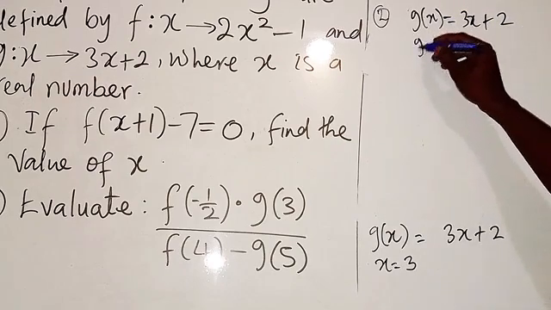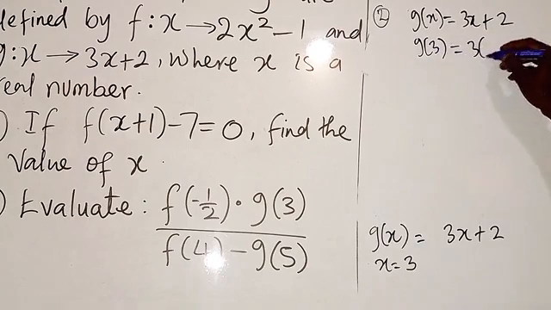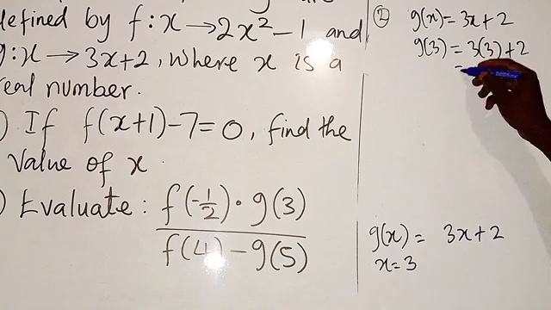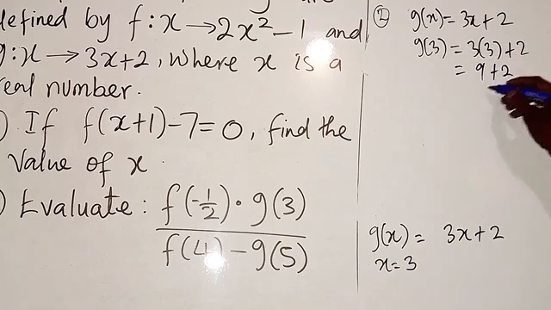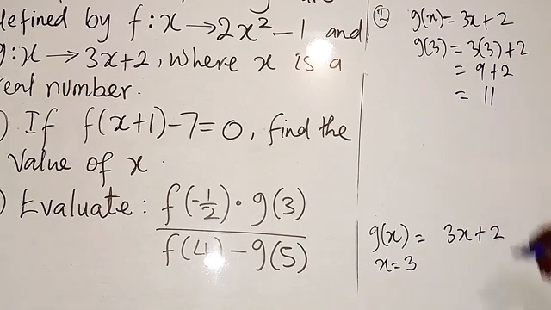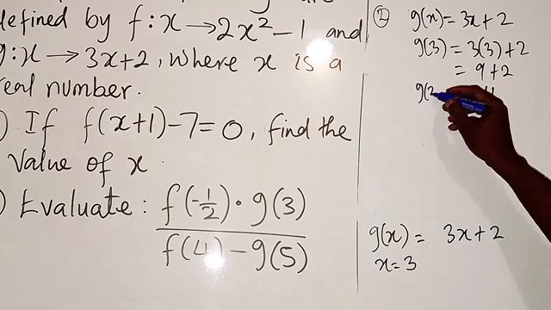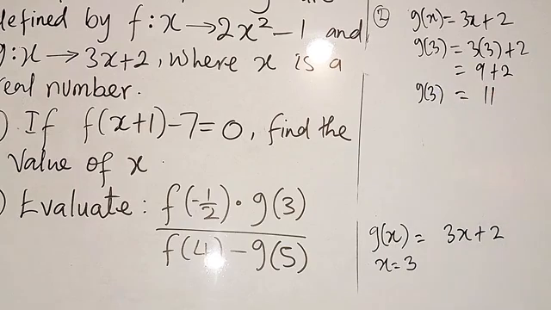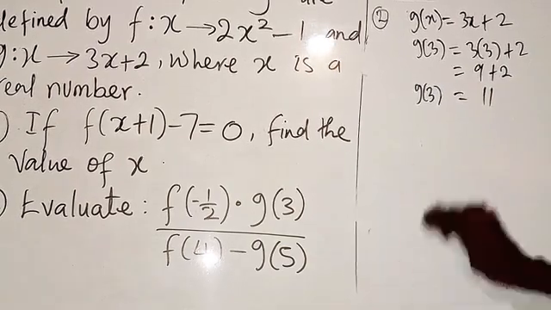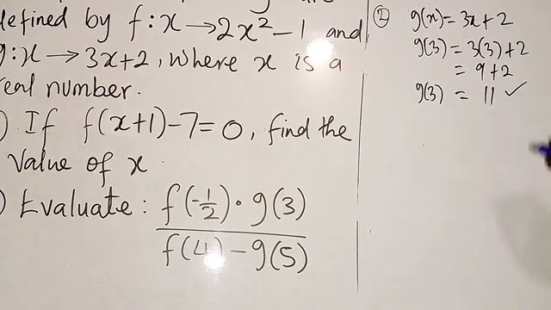So now g of 3 is going to be 3 into 3 plus 2. 3 times 3 will give us 9, plus 2. So we have 9 plus 2, that is what? That is 11. So we have g of 3 to be 11, right? So now the next one we are going to look at